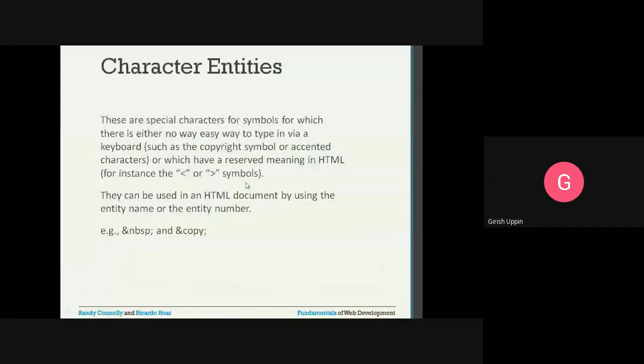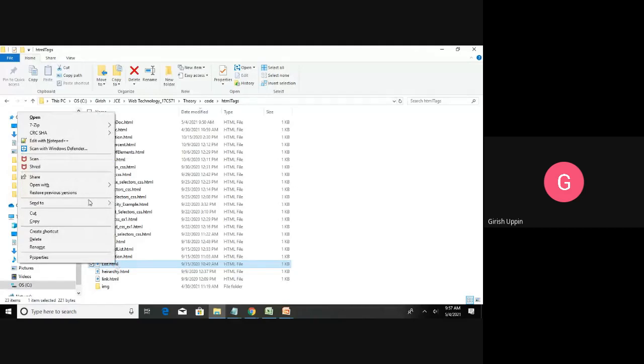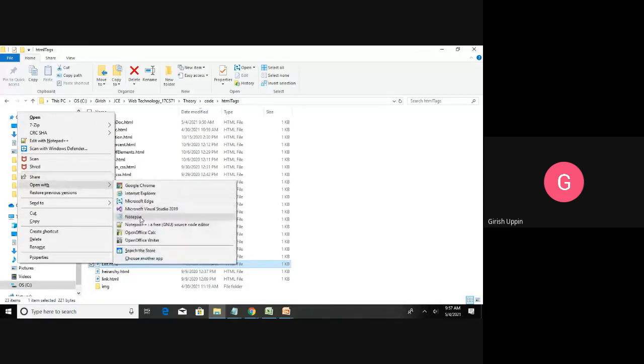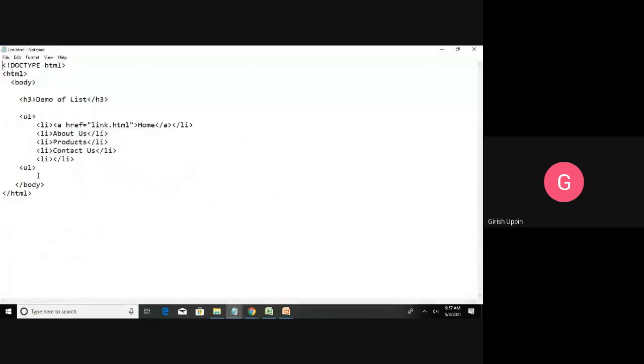I will show you one example for this. I have a file called list.html. I will open it with Notepad. Here you can see the complete HTML document. I have the HTML opening and closing tags, and body opening and closing.